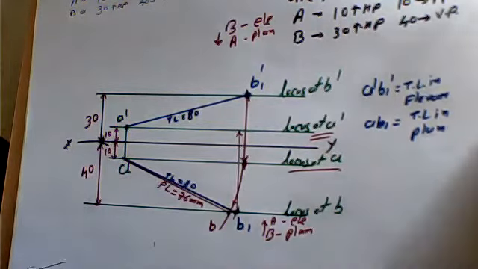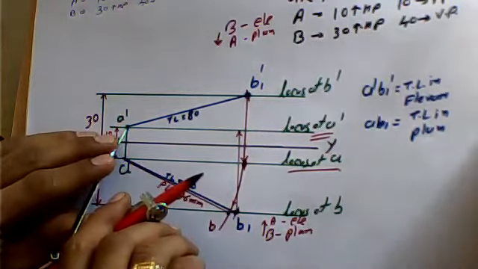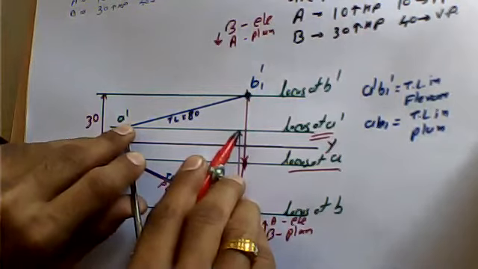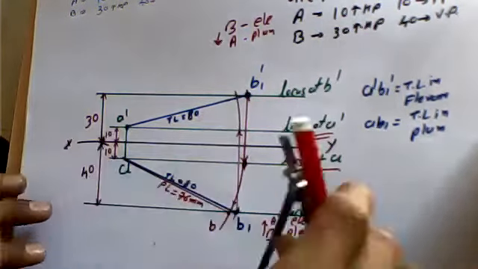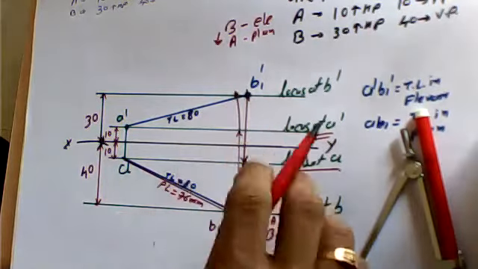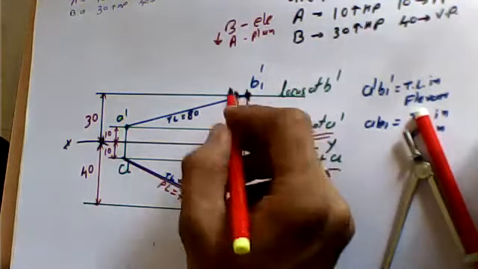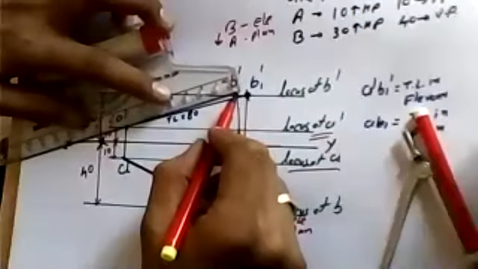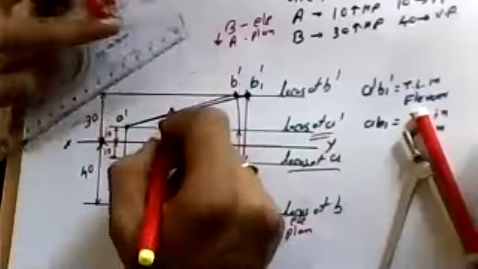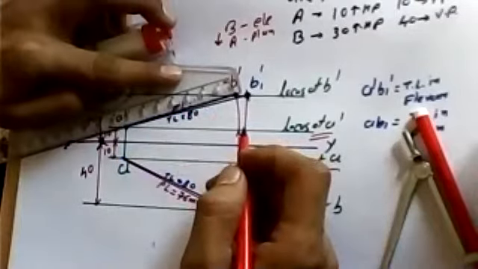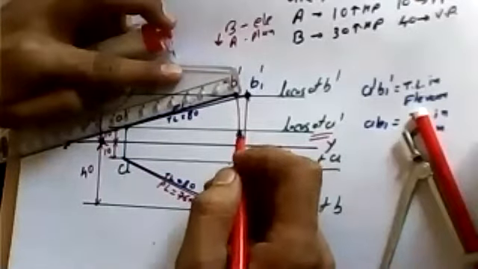Then I have to take radius about that much, and I need to make an arc which will intersect locus of B dash. और ये जहाँ भी intersect कर रहा है, that particular component is going to be called B dash. और ये जो A dash B dash रहा, that is the elevation length. और elevation length कितना मिल रहा है हमें? It is about 73 mm.